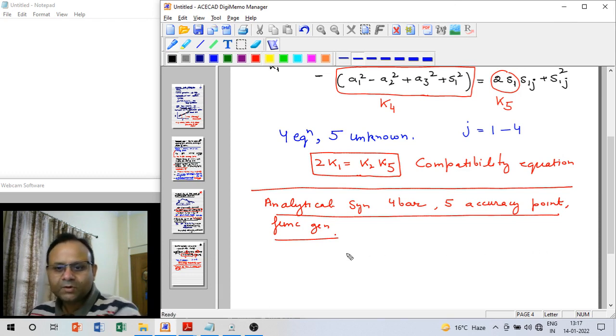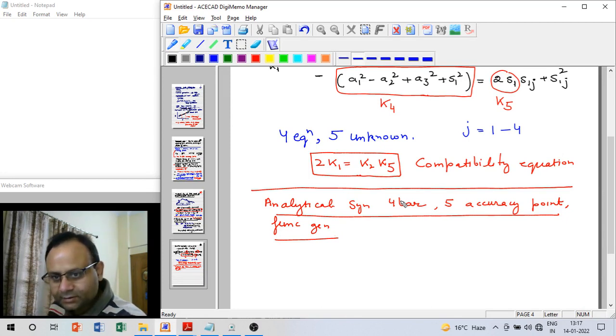Okay, let us talk about analytical synthesis of a 4-bar mechanism with 5 accuracy points and function generation. Now it is analytical synthesis of a 4-bar mechanism, so the starting point is going to be the Freudenstein equation,